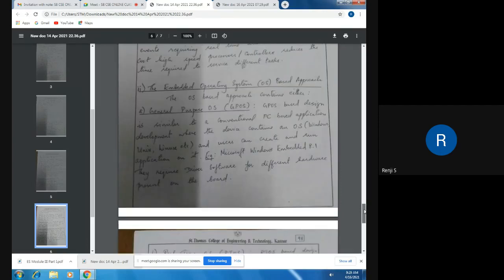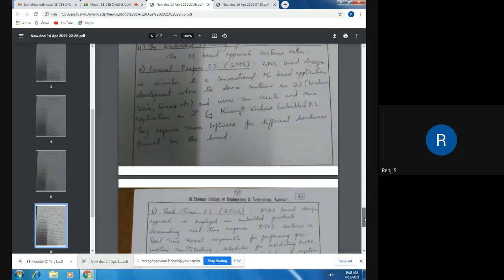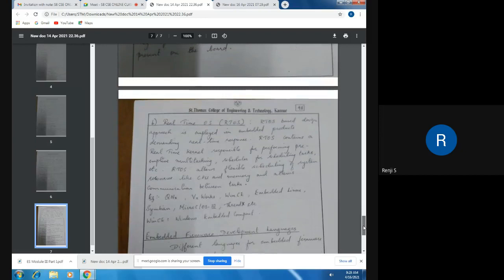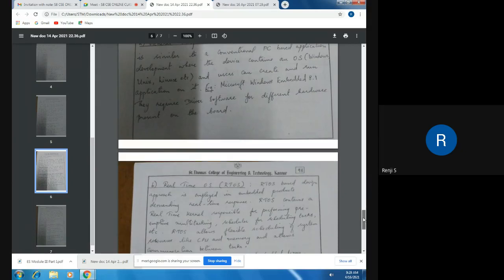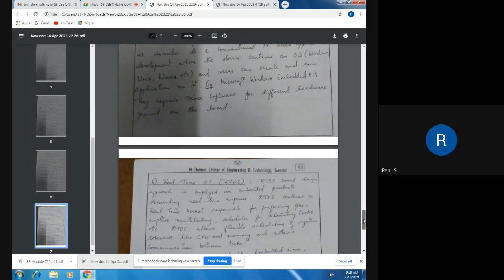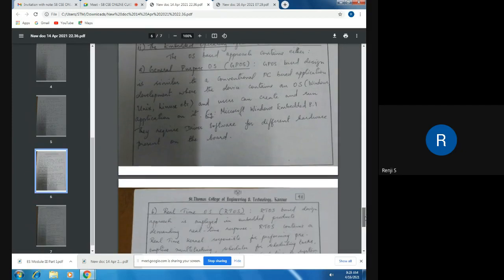When we come to OS-based systems, it contains either a general purpose OS, GPOS, or a real-time OS. For real-time applications, we cannot use a general purpose OS. We have to go for a real-time OS, because most of the features supporting real-time operations are present in an RTOS. So we have two types of OS, general purpose OS and real-time OS.